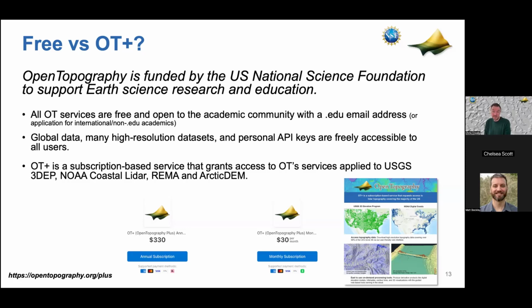So this is what this is about, and we're happy to answer other questions about this, but we just wanted to clarify this early and up front because it is a relatively new change if you've been using OpenTopography for quite a while. And I guess I should just be explicit here that the OT Plus does not apply to all data. It's just applying to the REDEP and NOAA coastal LiDAR, as well as the two polar data sets that are available in OpenTopography.